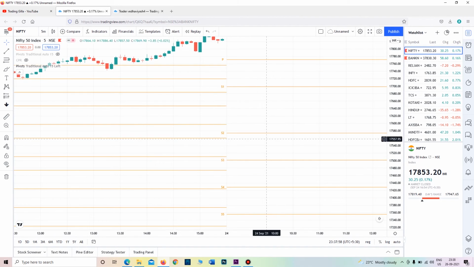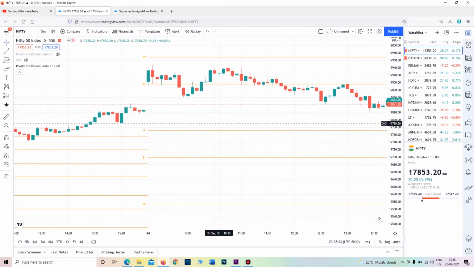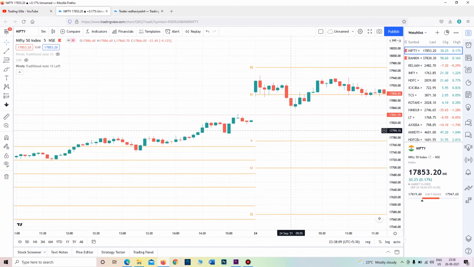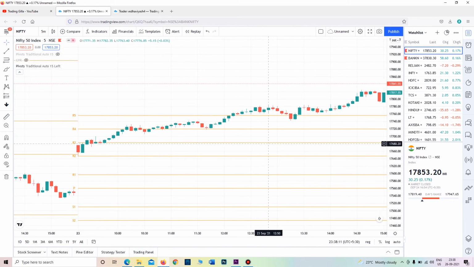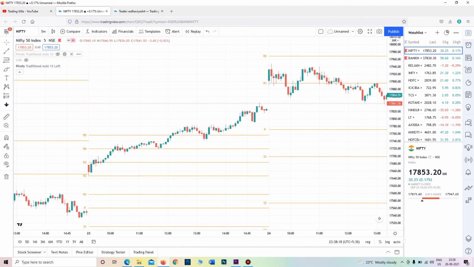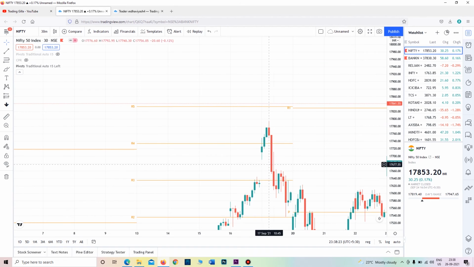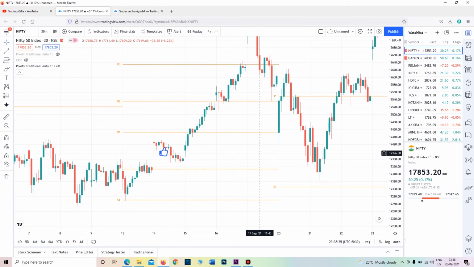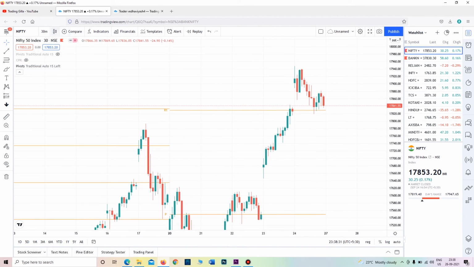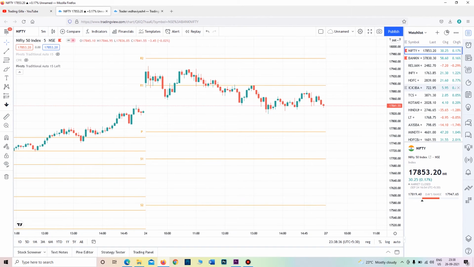Now I am keeping the 5 minutes time frame. As you see, same here, pivot point and here R1. See friends, there is no change when you change the time frame also. Now I will change from 5 minutes to 30 minutes. Same here, pivot points won't change. Okay friends, now I will consider 5 minutes most of the time.